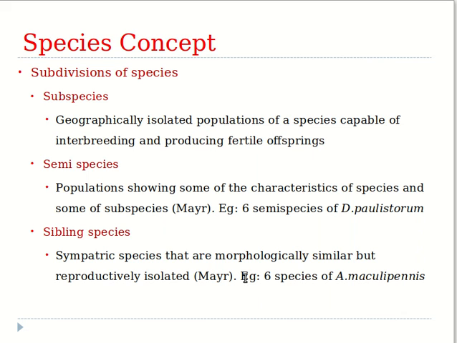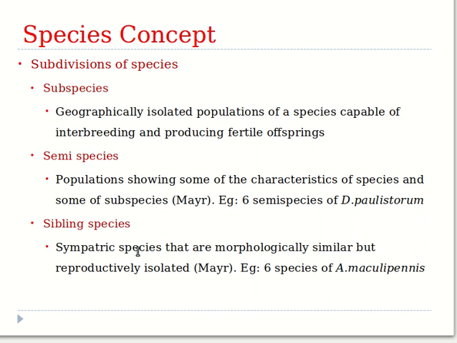So, sibling species are also common in Drosophila and in all groups of animals, for example, certain flycatchers among birds, white fishes of North America, etc. Sibling species are important in the process of speciation and also confirm the validity of the biological species concept. I hope it is clear. So, subspecies were interbreeding groups, but geographically isolated. Sibling species are reproductively isolated, but they are living in the same geographical area. Sympatric means living in the same geographical area.